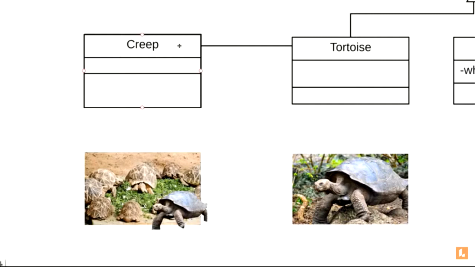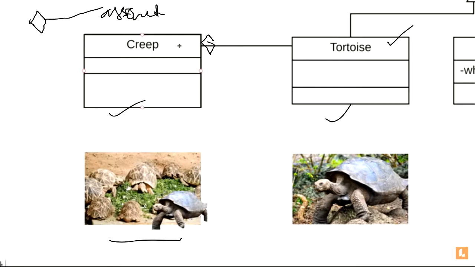First is association. This is represented by a diamond shaped box like this with an arrow. So what does this association mean? Suppose you have this class tortoise. A group of tortoise is known as creep. Creep is a group of tortoise like this. So if I draw an association, this is known as association. If I show the relationship between tortoise and a creep of tortoise, or a group of tortoise like this, association,